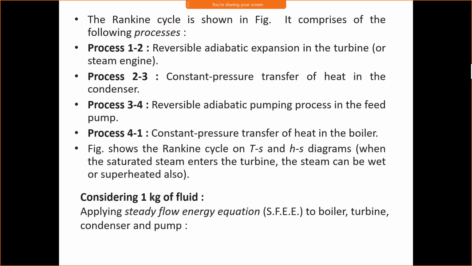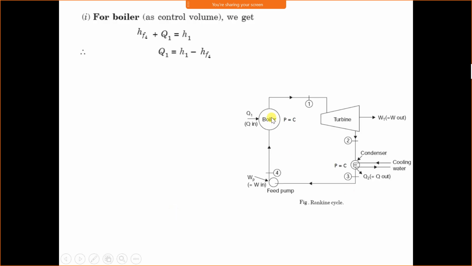Applying the steady flow energy equation to the turbine. Okay, look at the figure. We are applying the steady flow energy equation to the turbine from point 1 to 2. When steam enters the turbine at point 1, it has some enthalpy, and by using this enthalpy the turbine gives output, that is WT, and it rejects some amount of heat. Therefore, enthalpy at point 1 is converted into work done plus enthalpy at point 2.